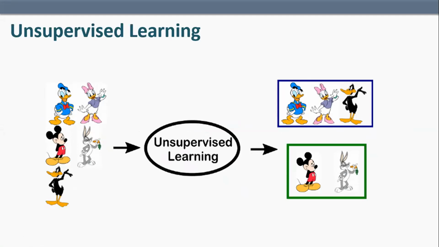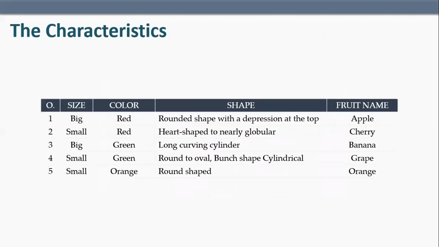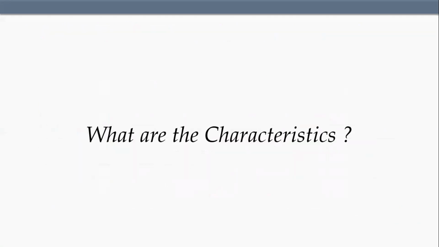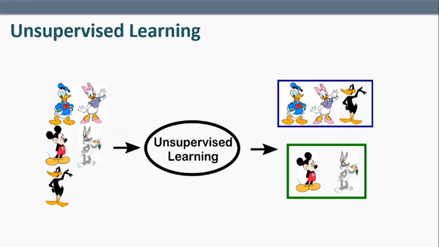So when you don't have those labels, here in this we had labeled information. This is what you call labeled information, because that is what you were taught. That is what you were given in terms of the labels. So when you have this information over here, you do not have those labels. That is what is called unsupervised learning. Based on the similarity of those characteristics, these images are grouped together.